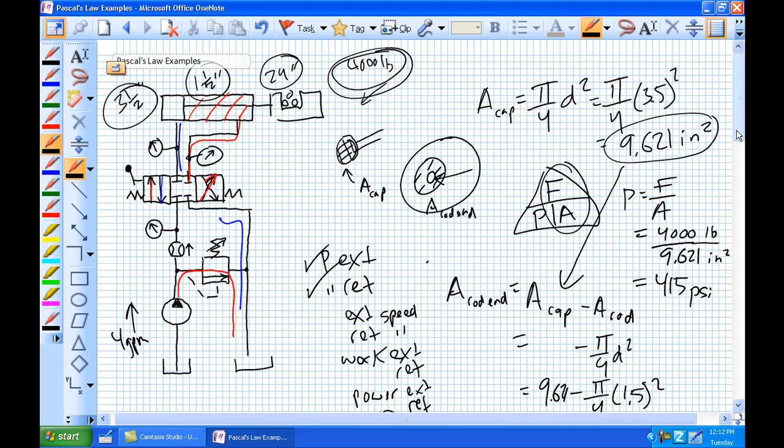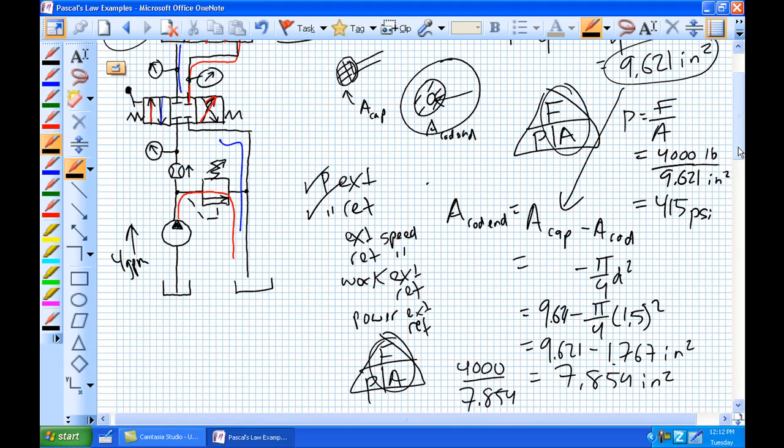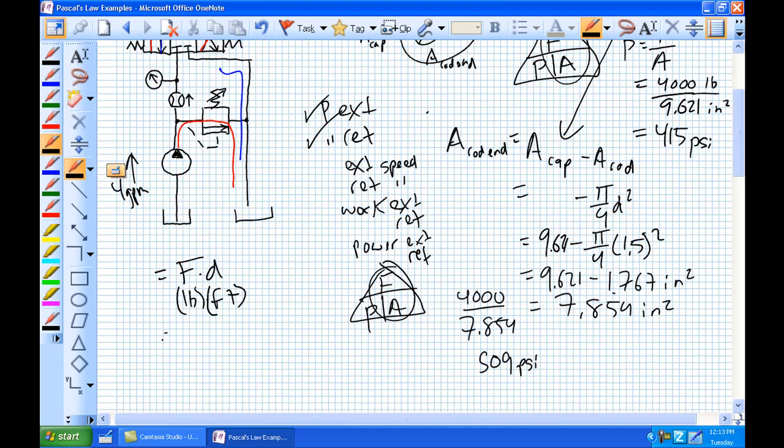Okay, so what is work? Work, or energy, is a force applied over a distance. Force applied over a distance, F times D. So pounds times feet. If we move 4,000 pounds 2 feet, or 24 inches, for extension, that's 8,000 foot-pounds of work